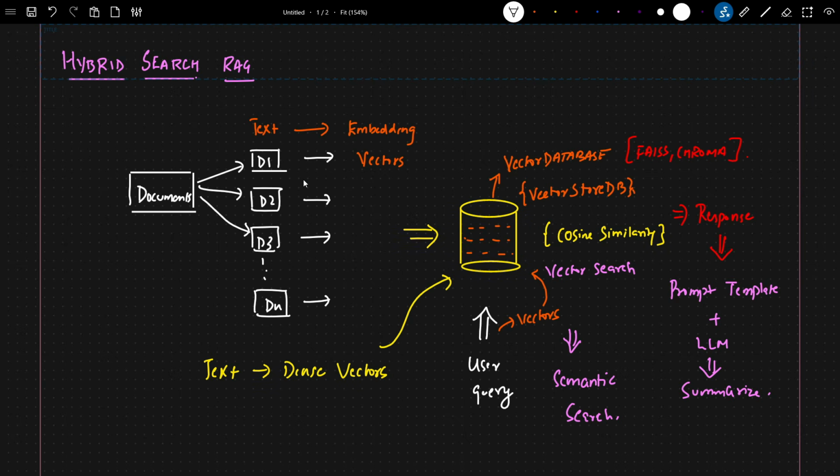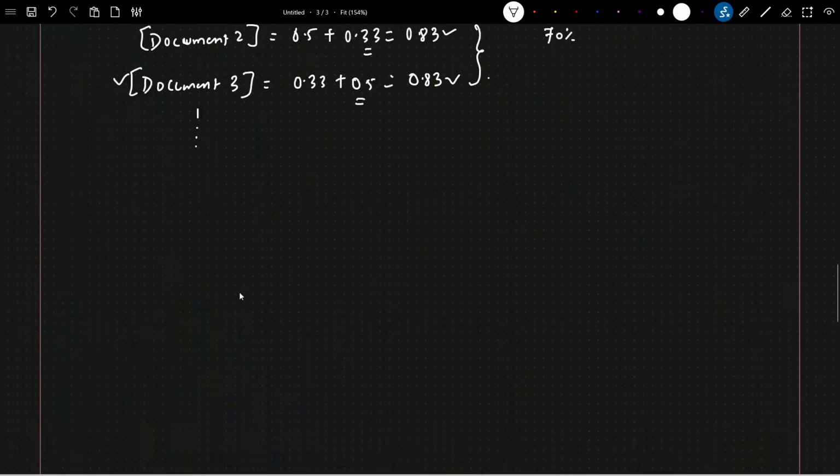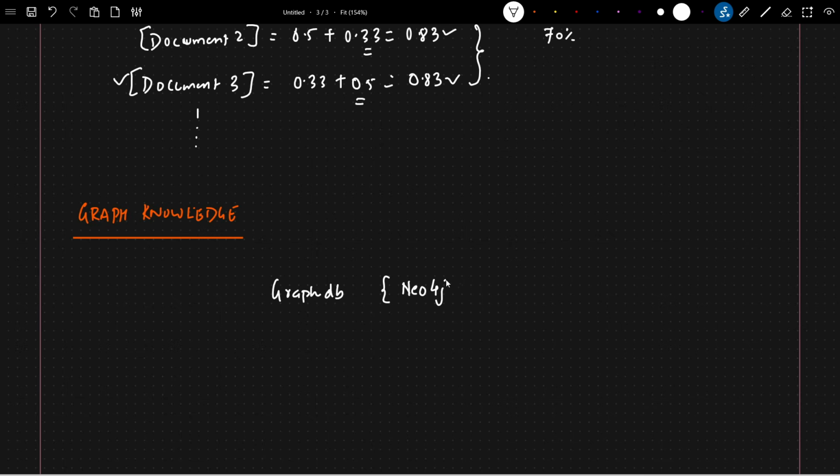Now, in this next section, we're also going to see a practical example of how a hybrid search is basically done. But before that, let me tell you about one more search, that is based on graph knowledge search, okay? In this graph knowledge search, I hope you may have heard about GraphDB. One of the most popular open source GraphDBs is Neo4j. Okay. Now, if we are specifically using